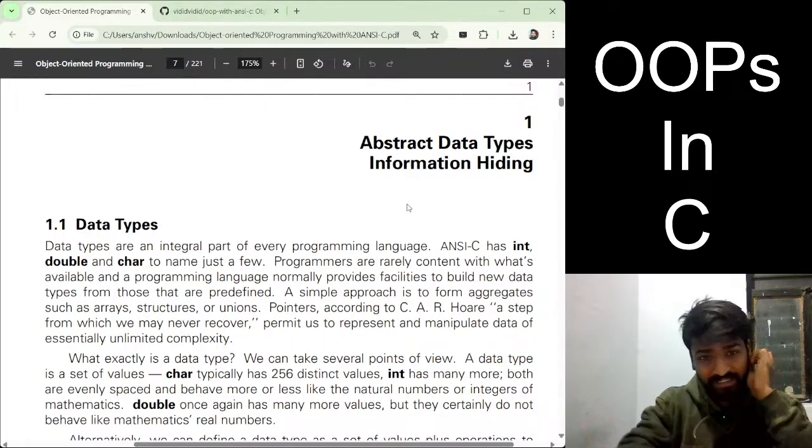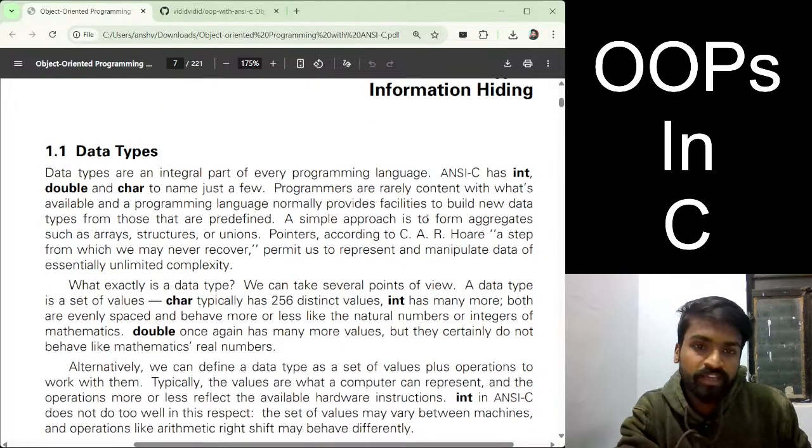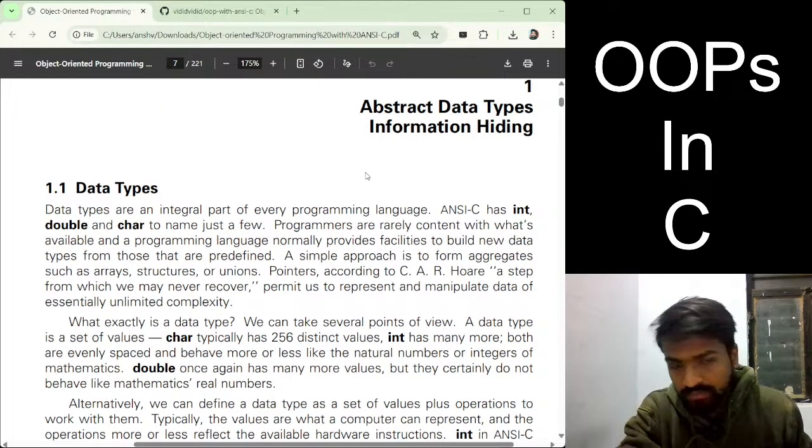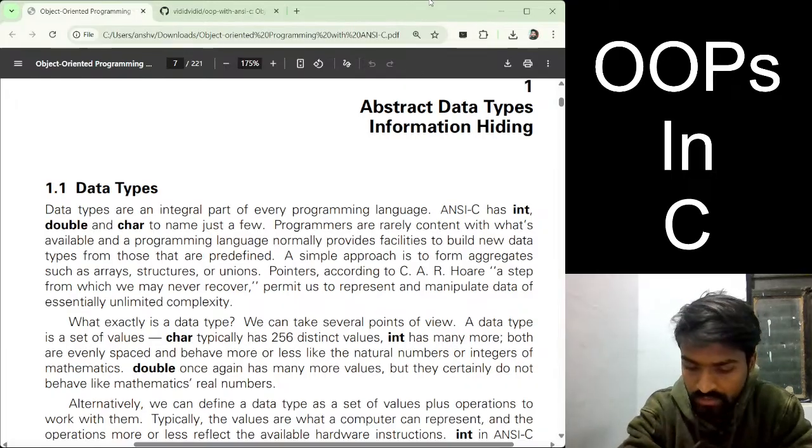So let's read the book and let's learn. Abstract data types and information hiding. So what do we know about abstract data types? Basically what I know is that abstract data types are like